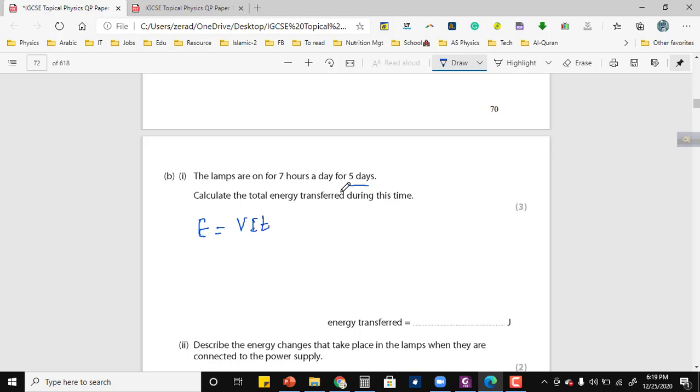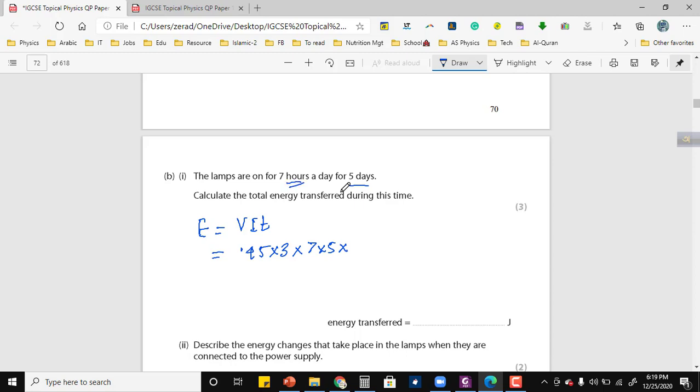We know the voltage, the current, and the time for which the lamps were on. So that should be 0.45 multiplied by 3 multiplied by T, which is 7 hours for 5 days, multiplied by